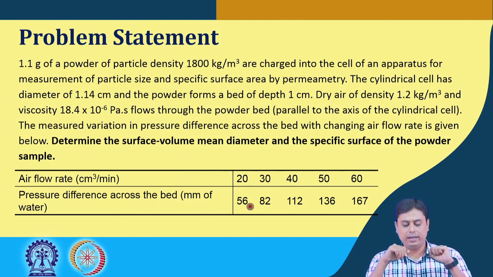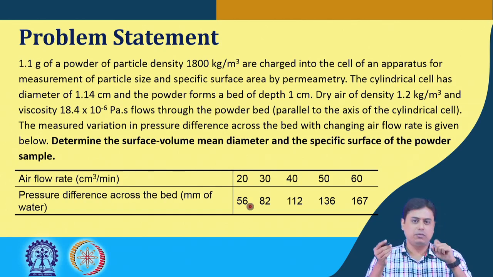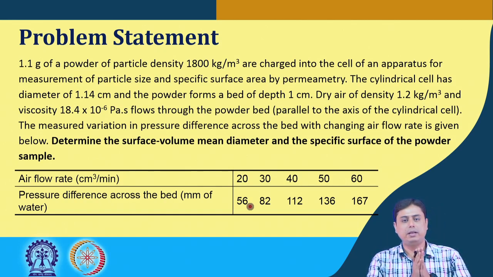Now here you can find an analogy of this problem with the packed bed, because this permeametry method essentially comes from that concept, which is the Koenig-Karman equation that is typically valid for flow through a packed bed at a very low flow rate. So there we have this Koenig-Karman equation which relates the pressure drop with the superficial velocity of that fluid. Here the fluid is the gaseous phase, or the air, of known density and known viscosity.